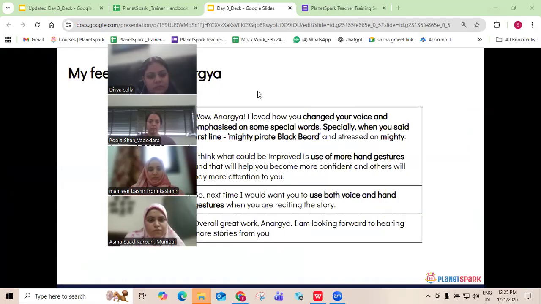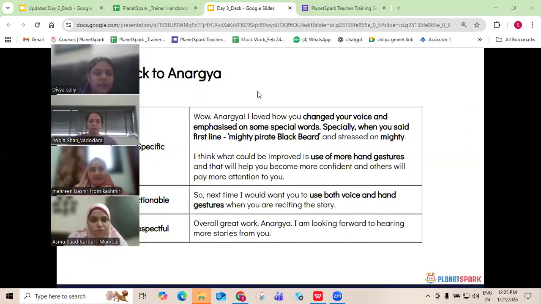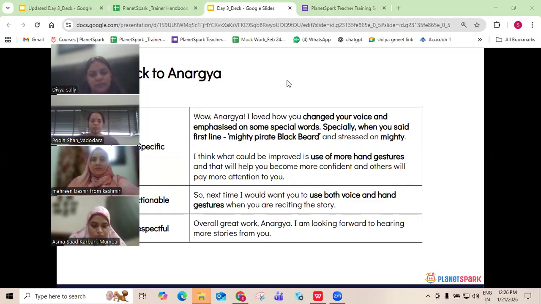So now, Divya, you are going to read the first paragraph. Okay? See, the lines are already here. What I want you to do is use your body language and voice modulation while you are reading the first paragraph, Divya. Imagine I am Anargya and I should feel happy while listening to your first paragraph. So let's go ahead, Divya.